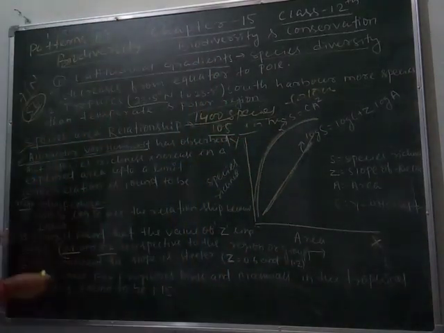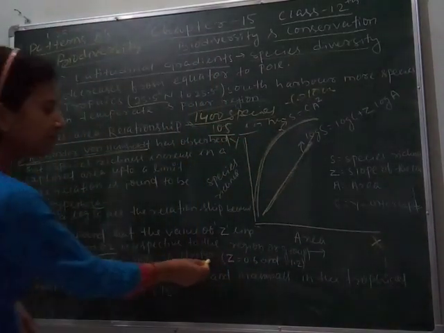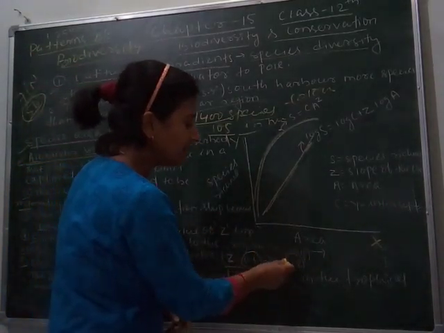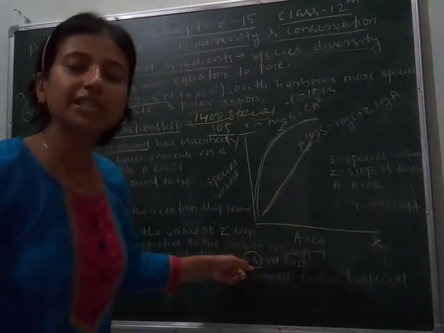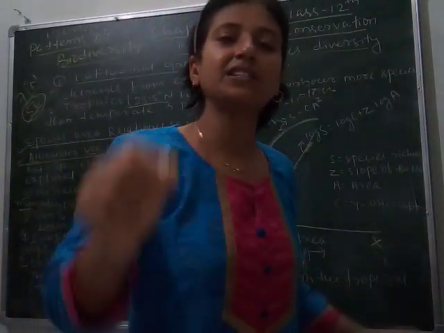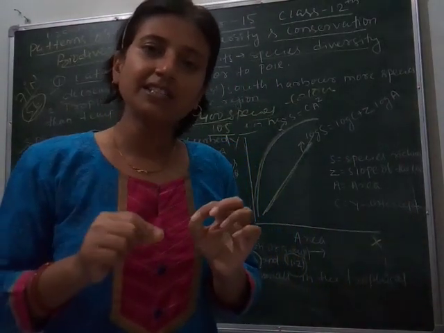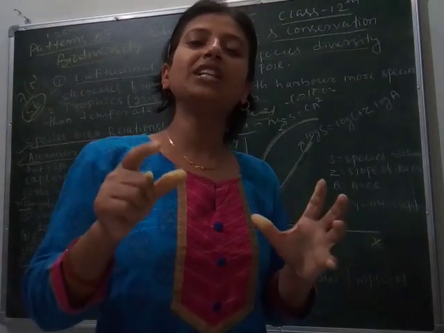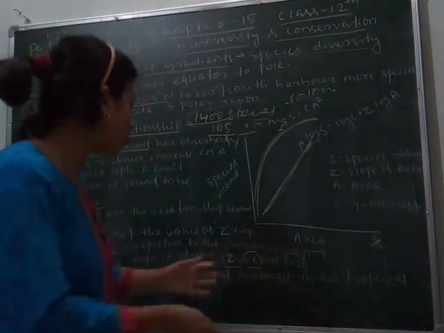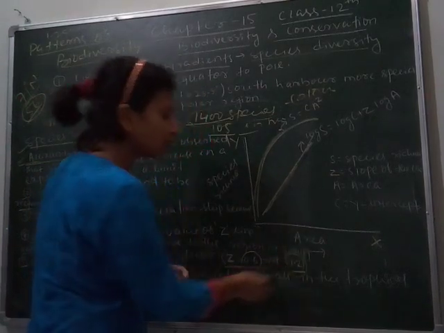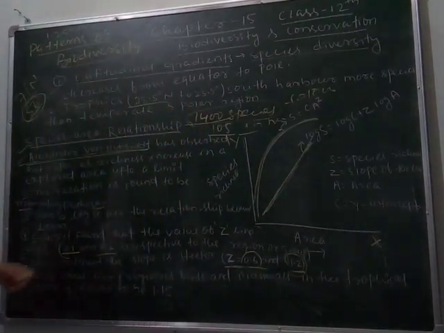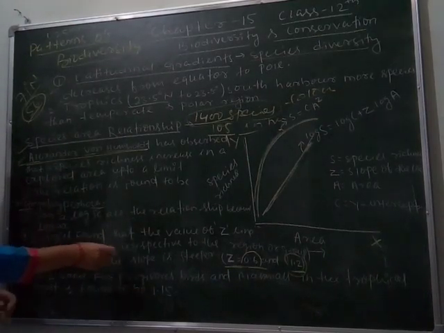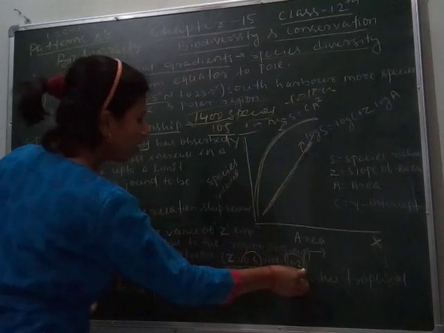So here exactly, in a continent the slope is steeper, and when steeper, Z is found to be between 0.6 and 1.2, means here the species diversity gets increased. Whether an area contains a small or large number of species is not important. It's important how many species are found in the whole continent. So here in an area it is 0.1 to 0.2, but in the continent it is 0.6 to 1.2.